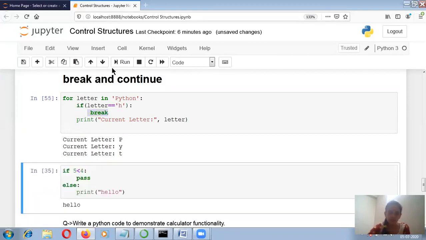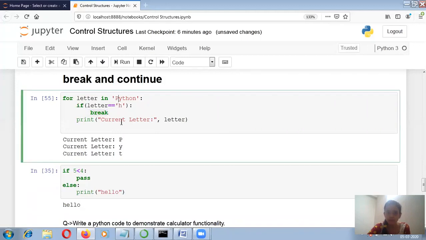When I am running this program, you can see that P, Y and T get executed successfully. When H is found, the condition letter is equal to h becomes true, and then it will move inside the if block. Inside the if block I have written break.